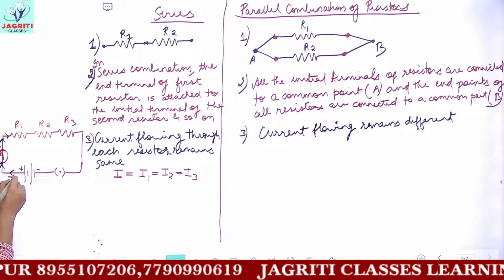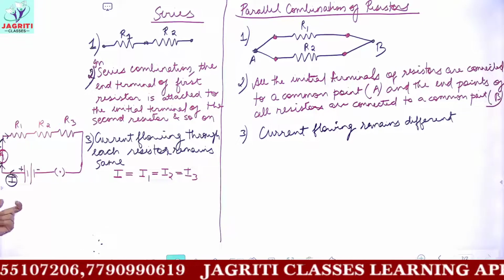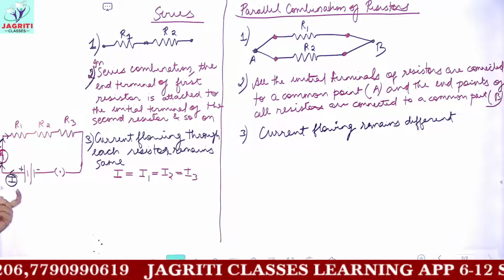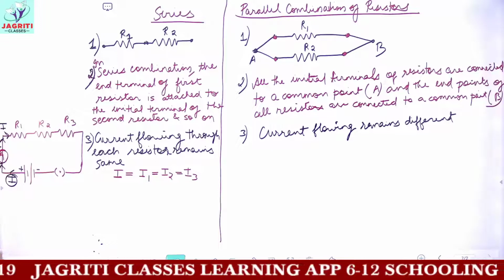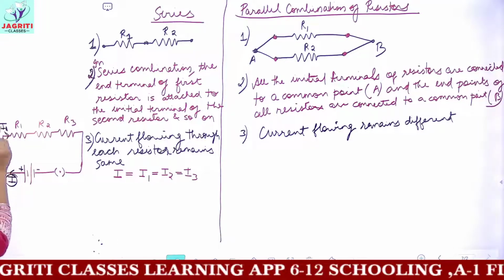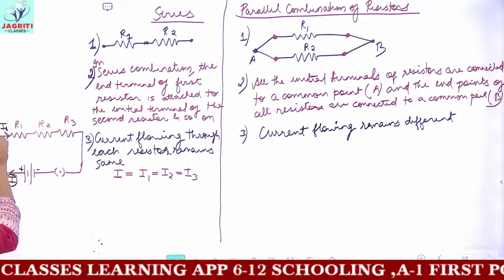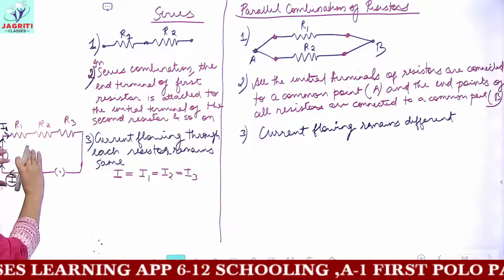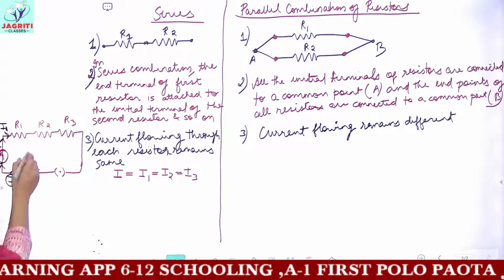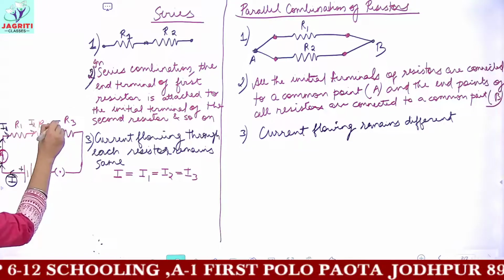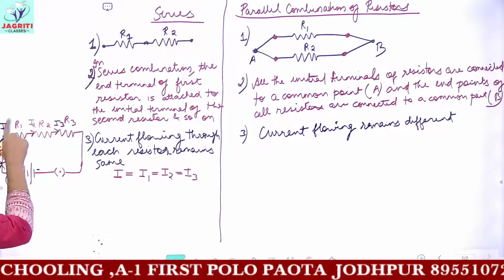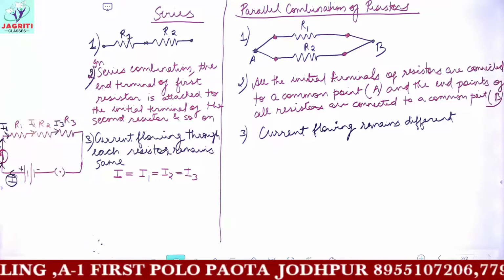So let's suppose the battery is supplying a current I here. Current is represented by the symbol capital I. So this current will reach R1. The current through resistor R1 would be I1, and the amount of current passing through R1 would be the same as that passing through I2 and I3. That is, I1, I2, I3, all the currents are equal to I.